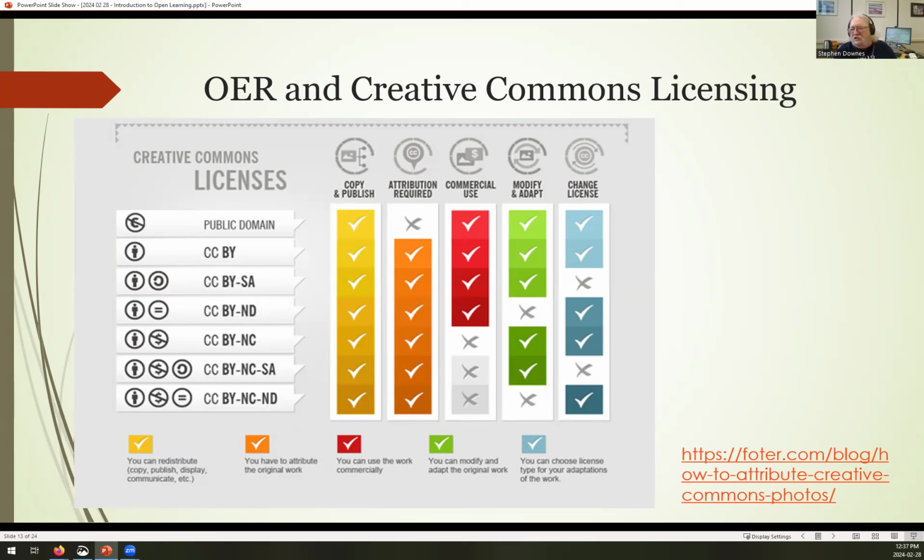Basically, the idea is that the licenses allow you to reserve some rights. The most open kind of license you can get isn't even a license. It's when something is public domain. After a certain period of time, everything becomes public domain. Copyright isn't something that lasts forever.